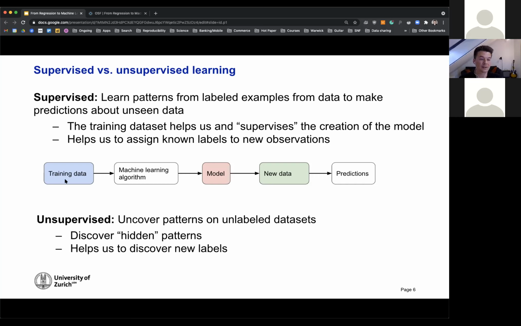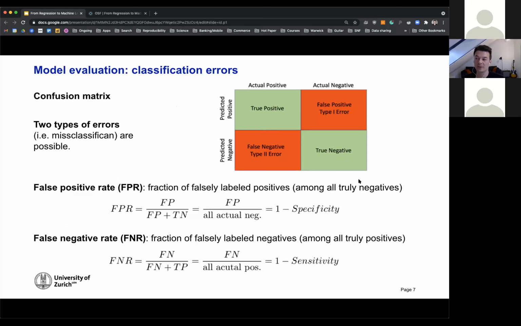We start with a training data set. We apply some machine learning algorithm to generate a model. And then we apply that to some new data and make predictions. So how do we then assess these predictions? When there is classification, as you will see in our cancer data set, where the outcome is whether someone has a malignant tumor or a benign tumor,